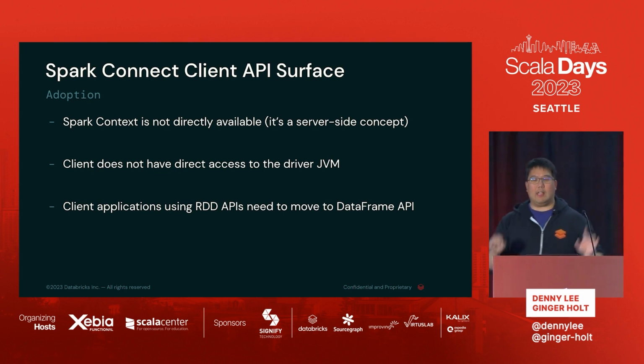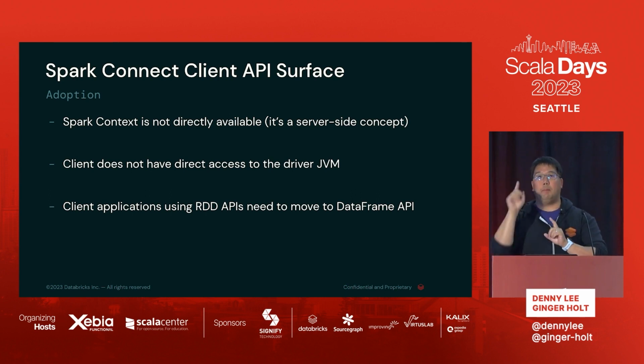And the client does not have direct access to the driver JVM, okay? So that separation is actually really important here. The client will do its operations, the driver will do its operations. They are able to send protobuf to make the request, they can send Arrow to get the information back, but they're not actually going to have direct access. It helps from a security standpoint, but also reduces, not removes, reduces the likelihood of one client taking out the driver.